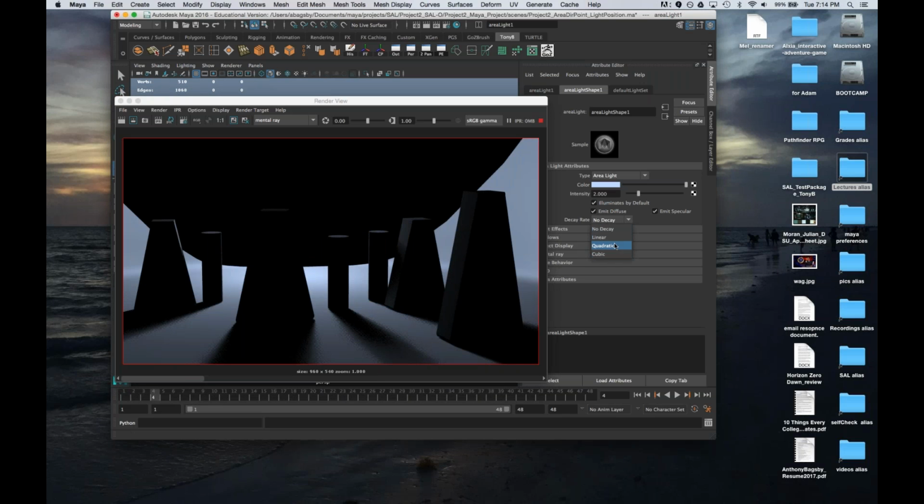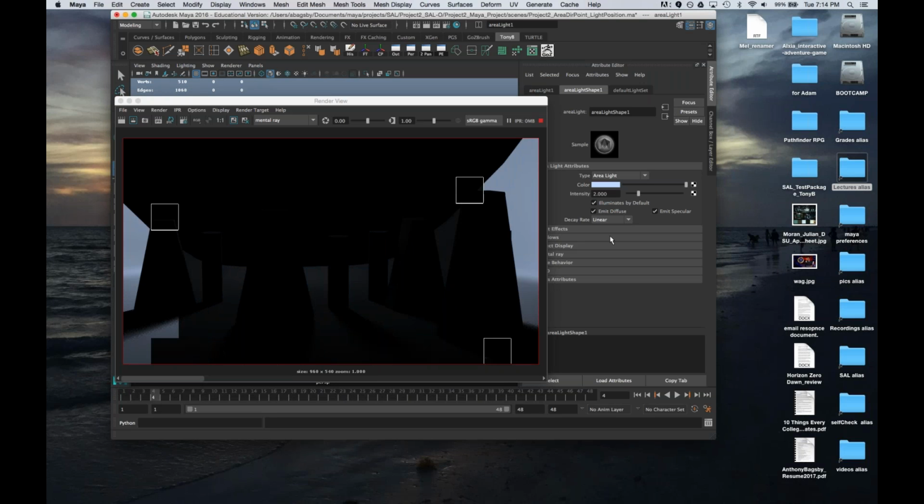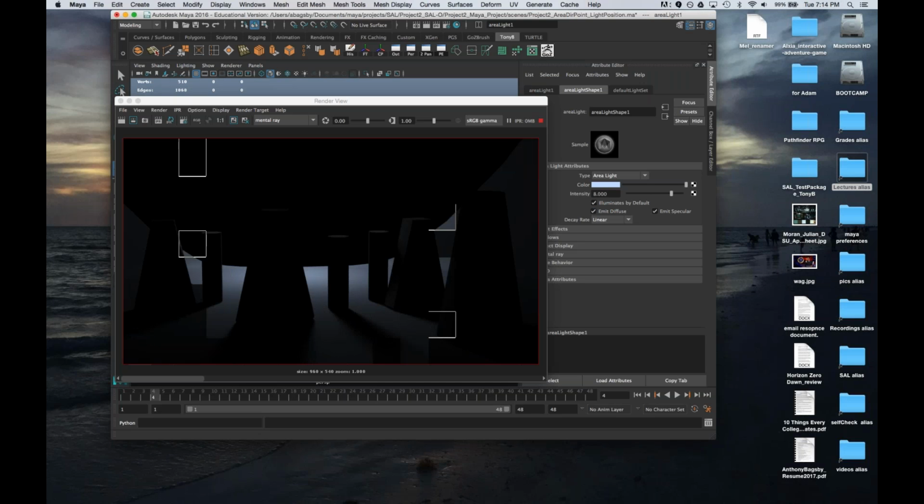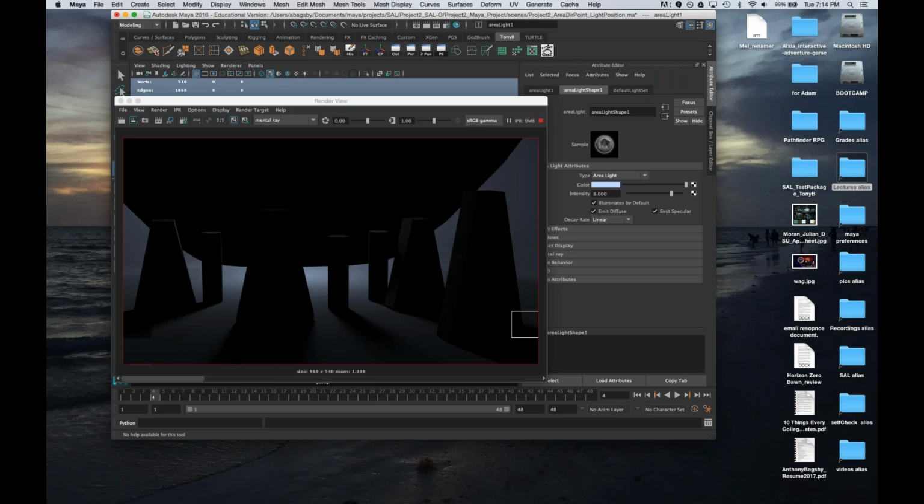Now we can also adjust our decay, but this is going to make it a lot darker. This means that the light will die a little bit the closer it gets. So I am going to crank that up to 8. I'm going to crank that up to 16.